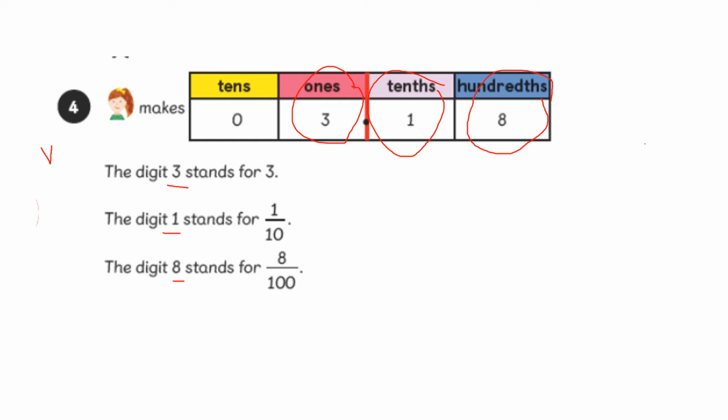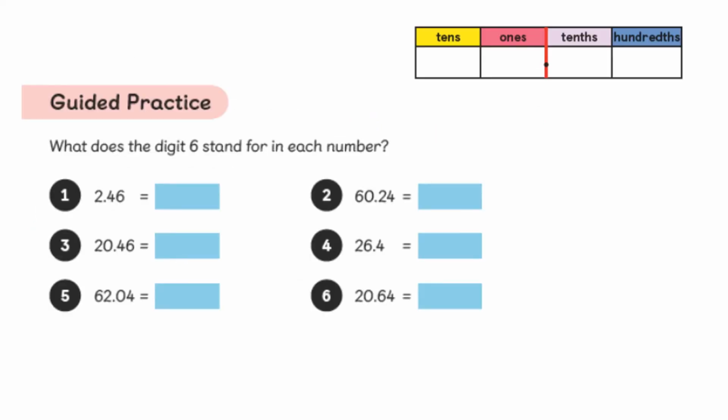What we're going to do now is I'm going to ask that you click onto the next slide for some guided practice. Guided practice today is basically 6 questions, and it's asking you up here, what does the digit 6 stand for in each number? So let's start with number one. I'm going to go through that with you and then you can have a go by yourself. So we've got this number here,